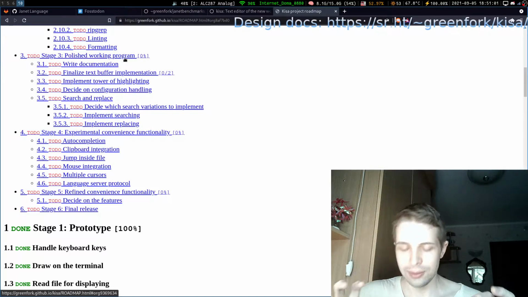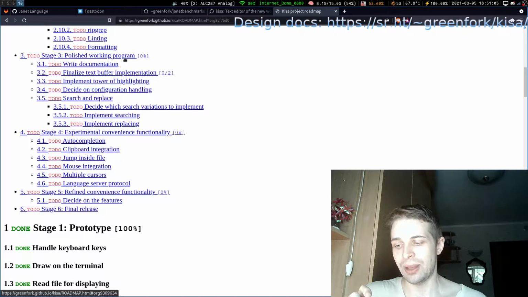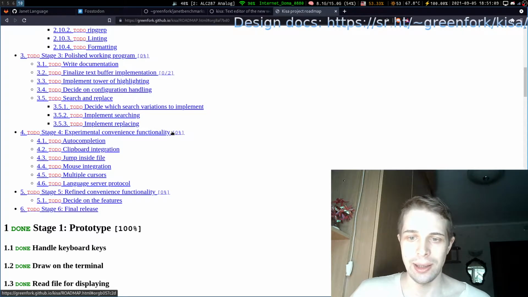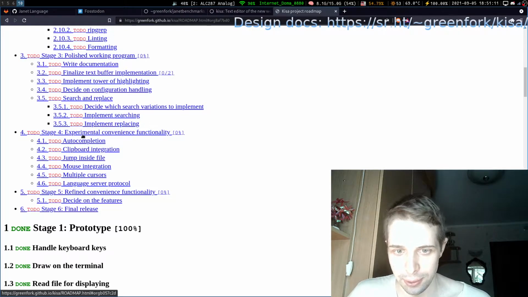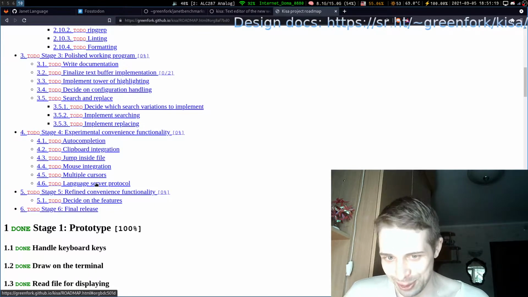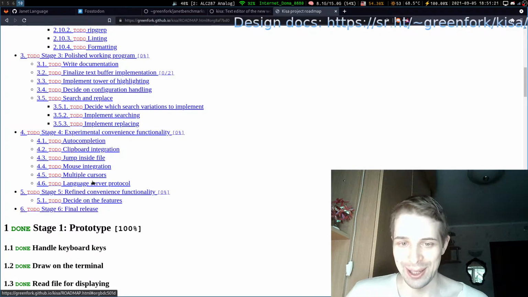As soon as we have all the core components, we will be ready to do extensions, which is naturally the next step, extensions, stage 4. After that, we will implement several extensions, probably not the language server protocol in full, but experimental extensions, right? It says so in the title.